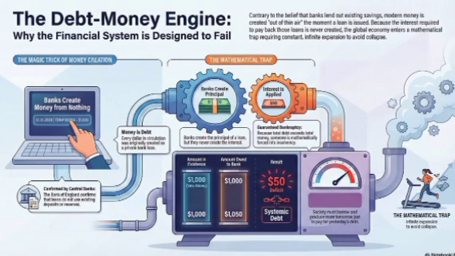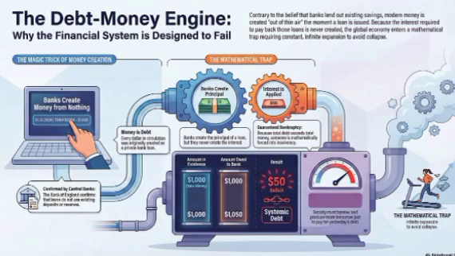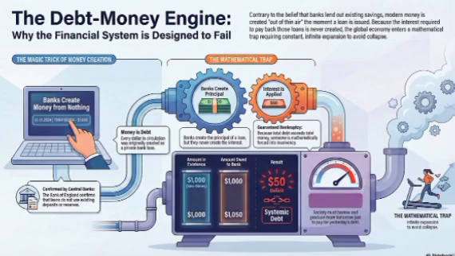Okay, let's unpack this. If you were to ask most people to describe the basic business model of a commercial bank, they'd give you the classic textbook answer. Right, the standard middleman theory. Someone goes to work, earns a paycheck, and deposits their savings into the bank. And the bank holds onto that liquidity in a big vault somewhere. Exactly. Then somebody else comes along who wants to buy a house or start a business. They ask for a loan, and the bank takes those deposited savings and lends them out. The assumption is that the bank just acts as a financial intermediary. A safe with a lending desk attached to it. Which is a story printed in introductory economics textbooks. It forms the foundational assumption of how we generally think credit works.